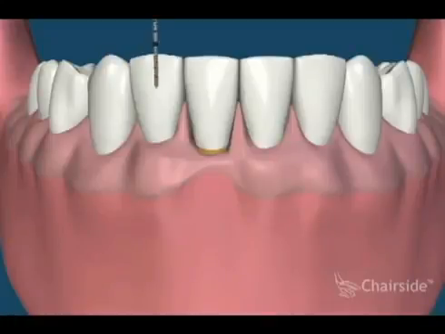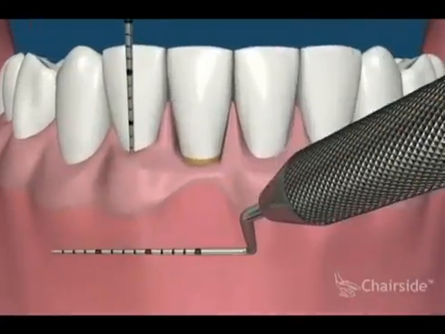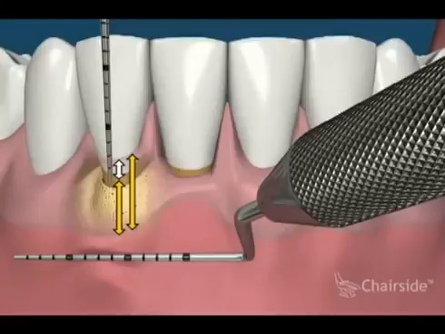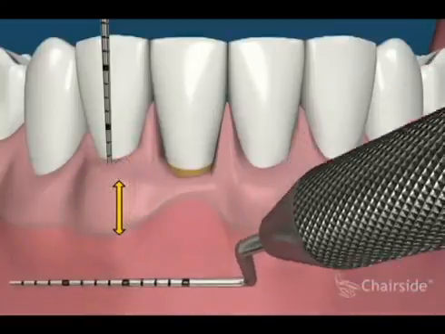Gingiva is another name for gums. Attached, or sometimes called marginal gingiva, needs to be recorded. The amount of actual attached gingiva is the visible gum tissue minus the pocket depth, as indicated by the white